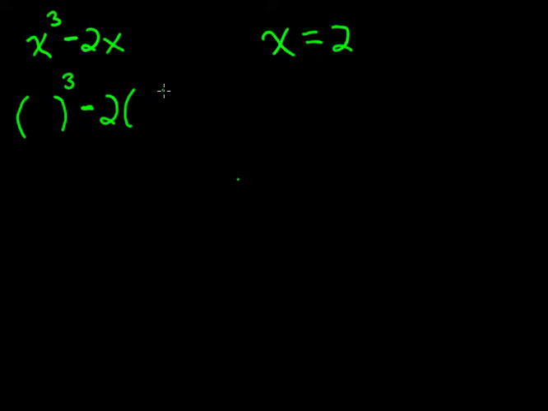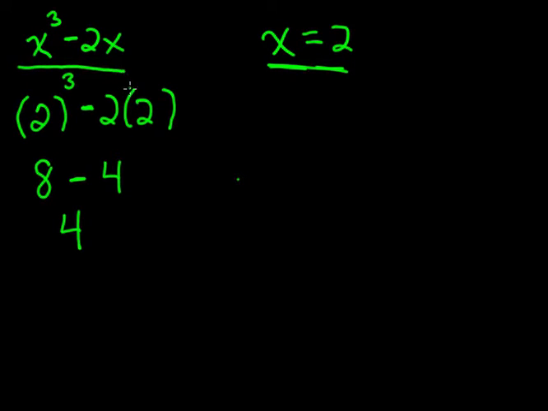So we have x cubed minus 2x. Now, if x equals 2, anywhere we see x in here, we're going to replace with 2. So I'll start by bringing my parentheses down. And wherever I saw x, I'm going to replace it with 2. And then we'll use our calculators. 2 cubed is 8. 2 times 2 is 4, keeping our order of operations. And 8 minus 4 is 4. So we've evaluated the polynomial x cubed minus 2x